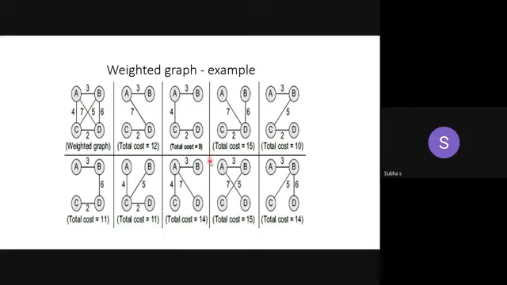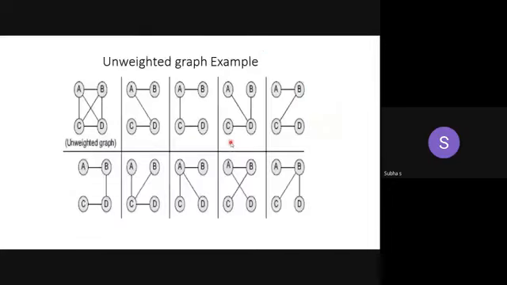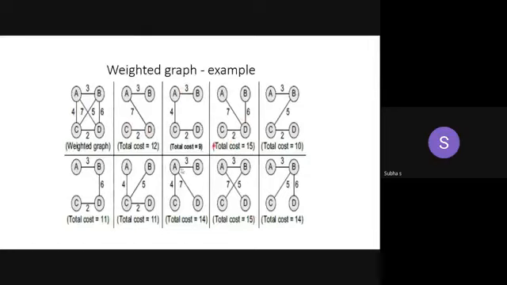For this only you are going to apply any of the algorithms for finding the minimum spanning tree. In a weighted graph, you are going to apply the algorithm. Very simple algorithm only. Just you have to sum up all the cost one by one. At the end where you can stop. Only if I visited all the nodes. If all the vertices are connected, okay, or visited, then only we can stop. It connects all the vertices together. So the second example is considered as your minimum spanning tree.